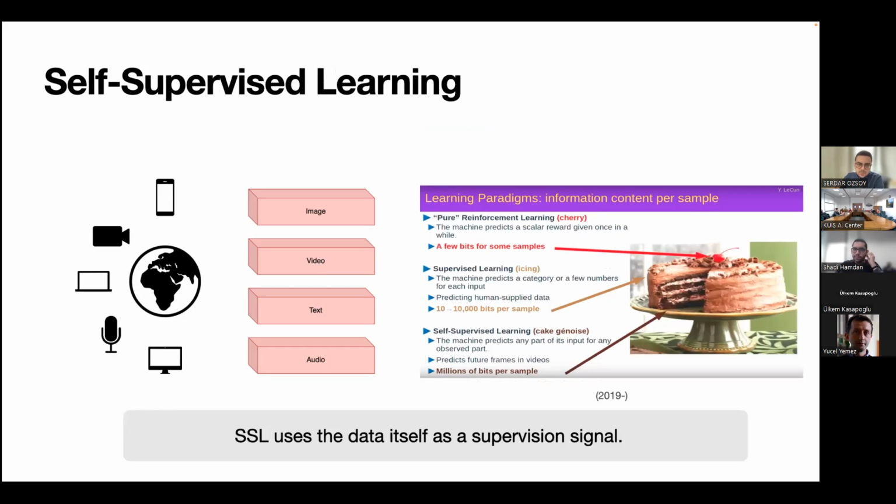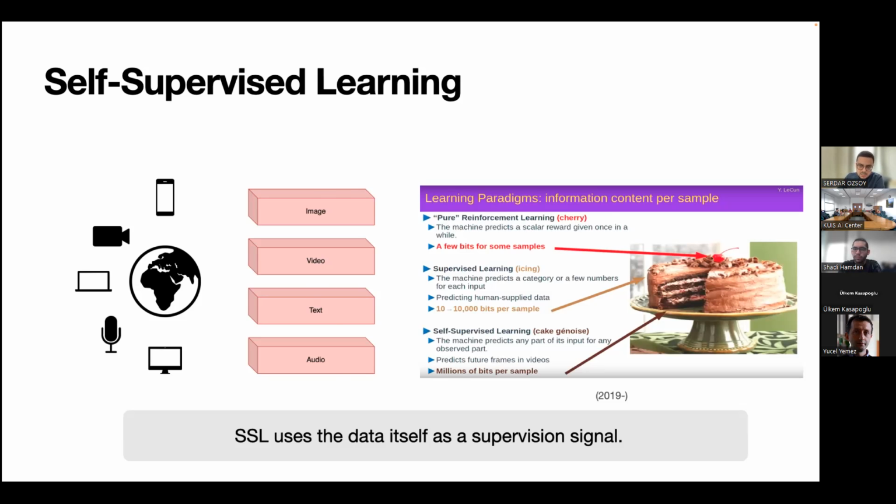Based on information content per sample, self-supervised learning was proposed as the main part of this learning cake. During that period of time, self-supervised learning in NLP showed great impact, such as GPT, BERT, and so on. And this fact triggered an increase in the number of self-supervised learning research